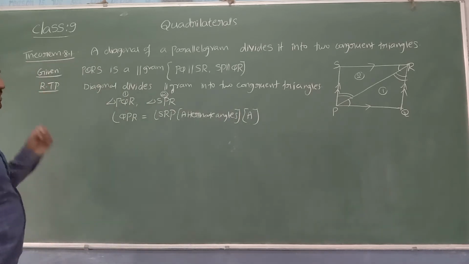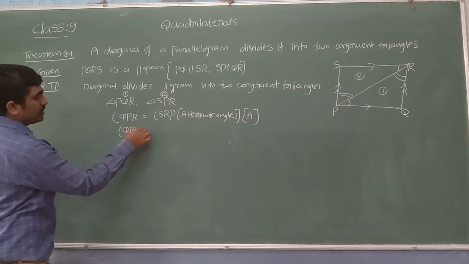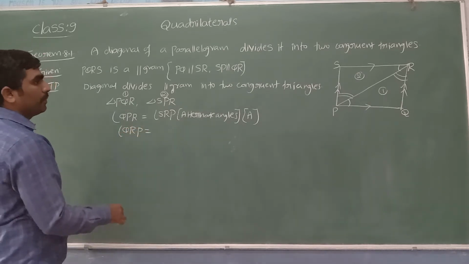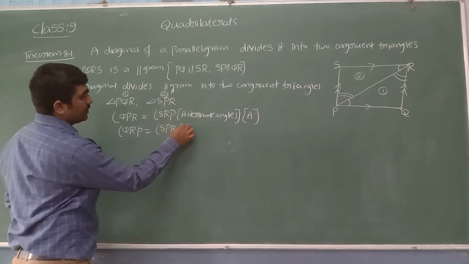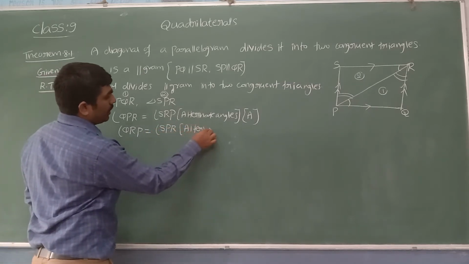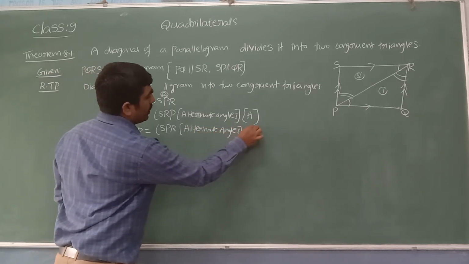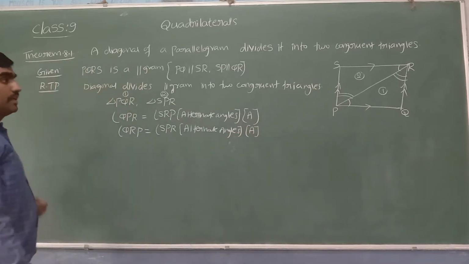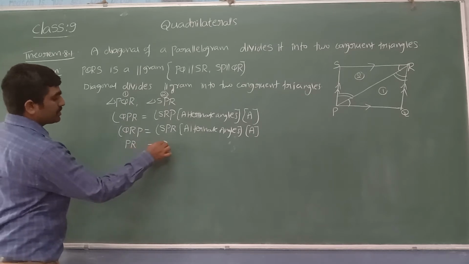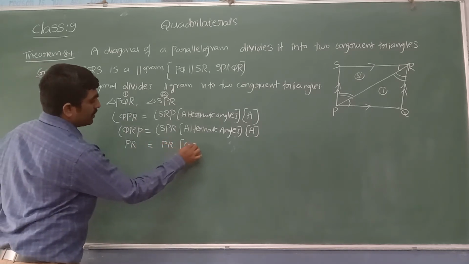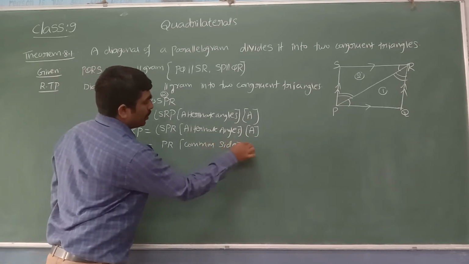Next, from the first triangle, angle R, we write with three letters: QRP is equal to, from the second triangle, angle P, written with three letters: SPR. They are also alternate angles. Now one more angle is finished. What next? Side PR. Sir, in the first triangle PR is equal to PR in the second triangle. The reason is that it is a common side. Now one side is also finished.